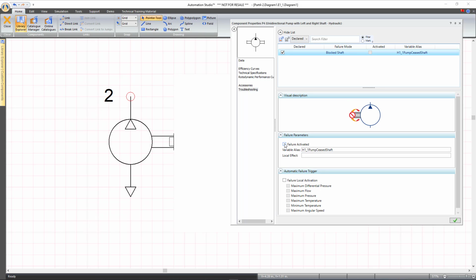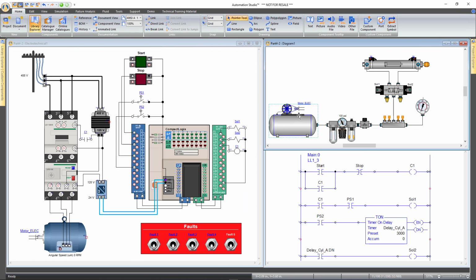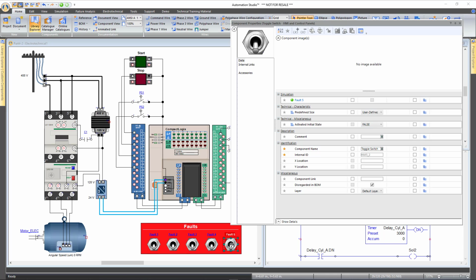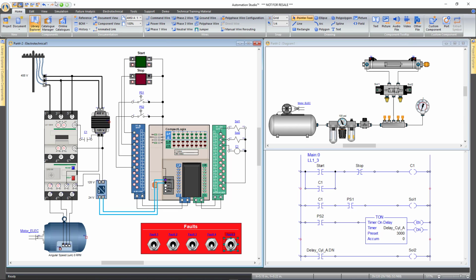Okay. So I'm going to activate this, and this will be fault 5. Like this, I approve. And when I close my illustrated component, now I'm going to click twice on fault 5 and link that to fault 5. So now if I simulate,